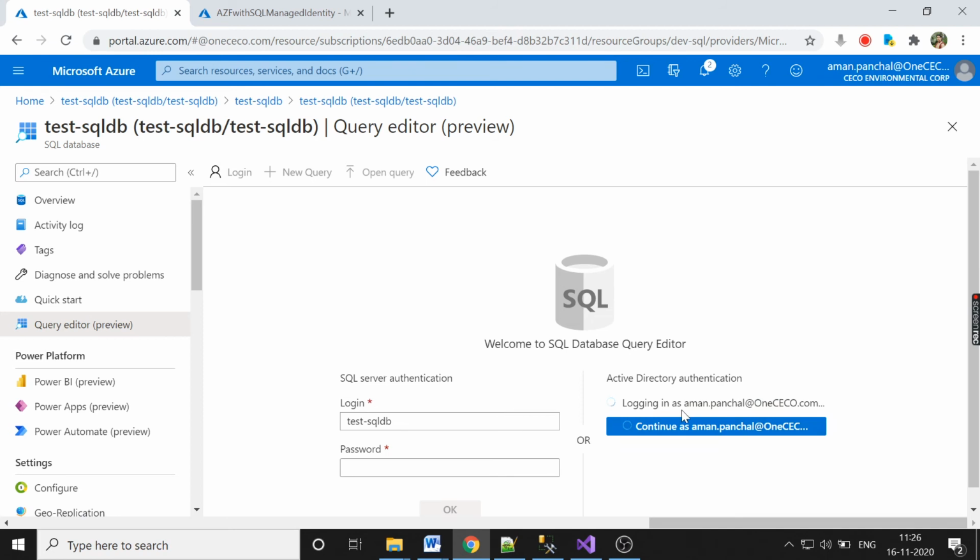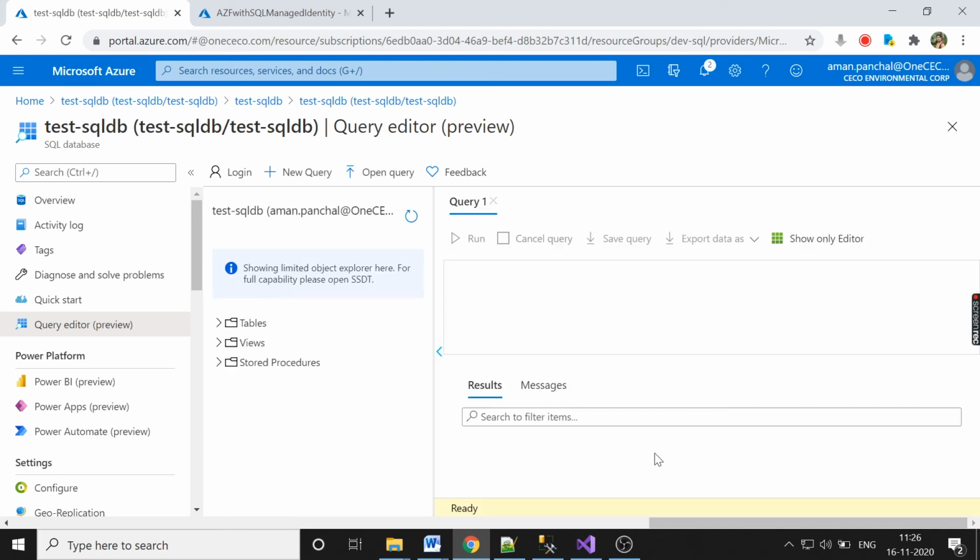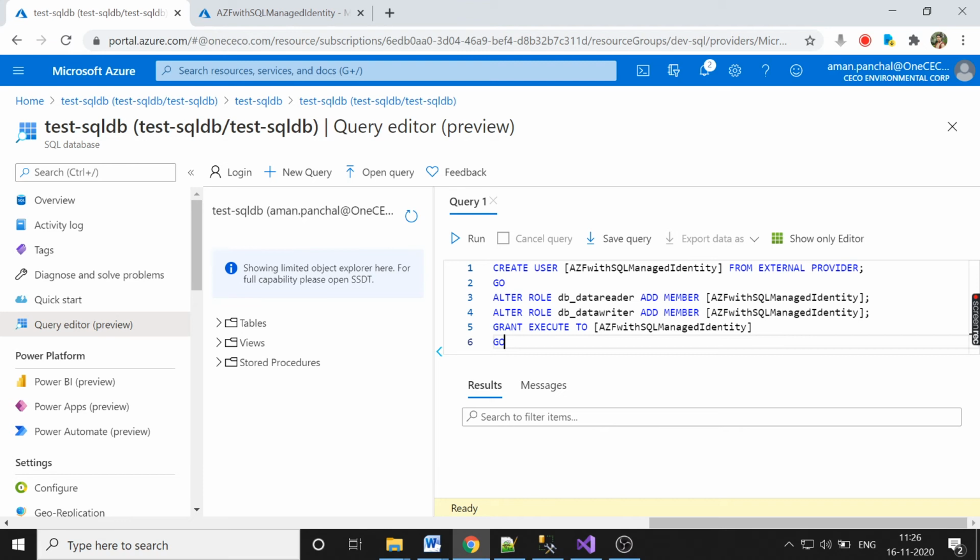It's saying I have to use the Active Directory only, so I connected with the admin. Now I'll run it. It has successfully executed.